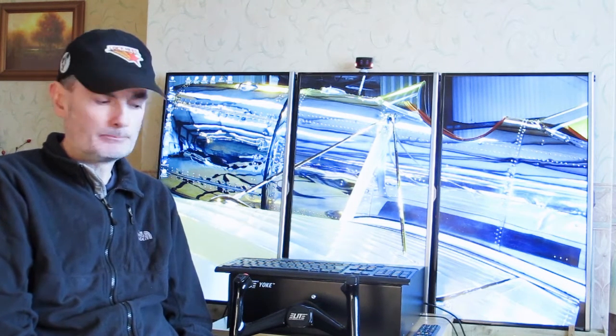The performance I get from this PC driving these 3 screens apparently exceeds the performance of my main FSX PC, which is the one that's running my Twin Otter cockpit. Now, how can this be? Well, I can't explain it, but I mean, I have an idea. If we just run down the hardware that this is running on,